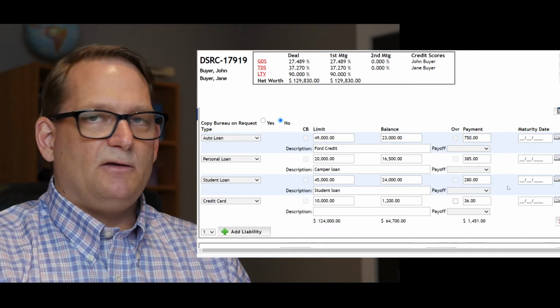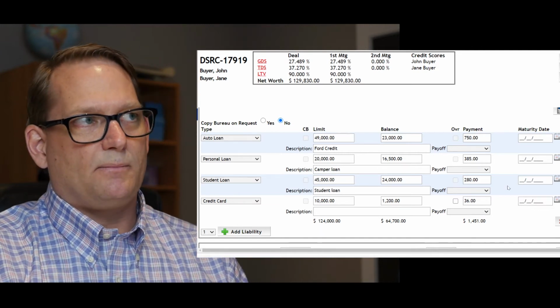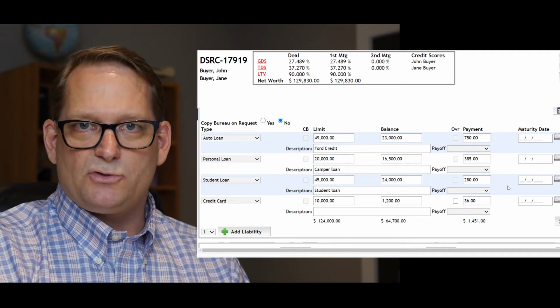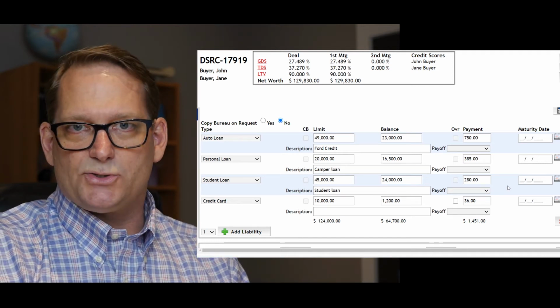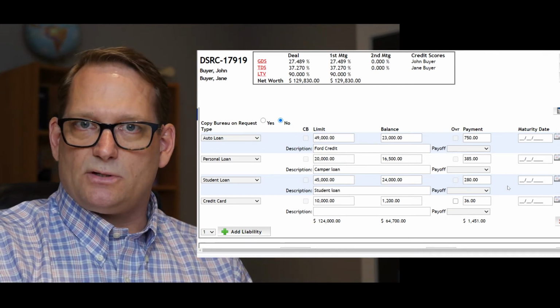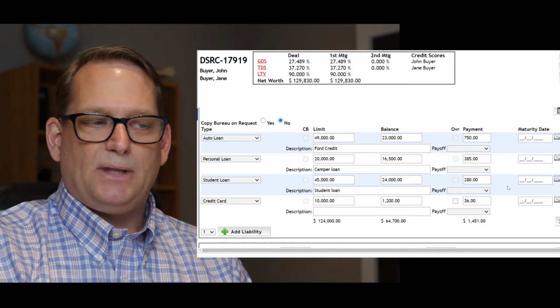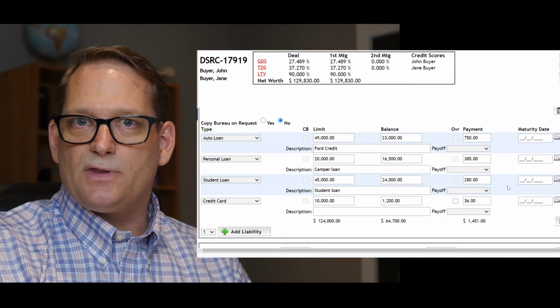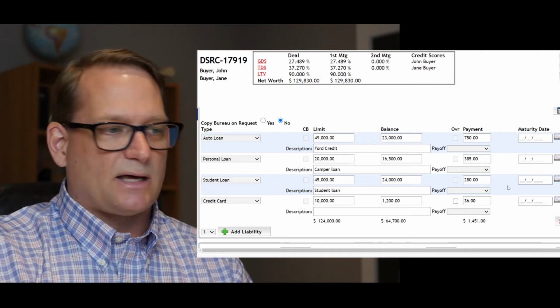Now, if it's a student line of credit, there's a little bit of a different way to calculate the debt ratios. I'll go over that in a future video as well, and I'll also link it in the description, because there's a little bit of detail when it comes to how we balance the debt ratios when it comes to student debt. It's actually a little bit less. So if it's for student debt, then the payment that we have to use for your debt ratio calculations is a bit less.